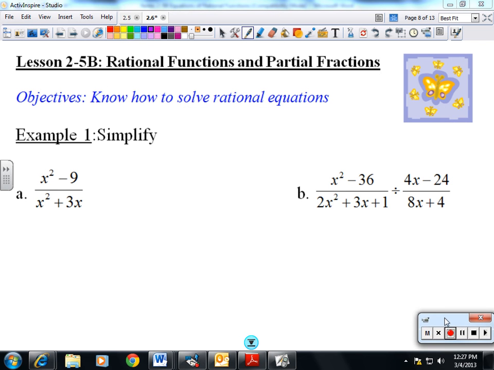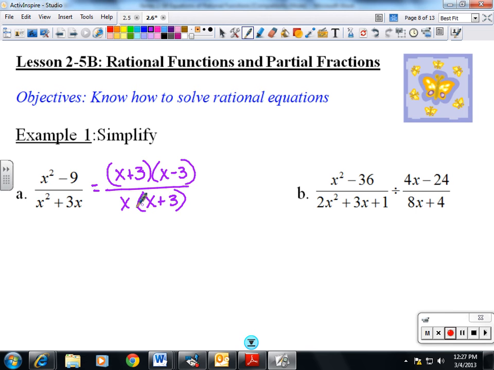Alright, we're going to be solving rational equations and decomposing things into partial fractions. But the first thing I want to look at is to make sure we do know how to simplify rational functions. We've factored both top and bottom. And then anything that's the same on top and bottom cancels out. And so we're simplified to x minus 3 over x, where x cannot be 0, because remember the domain,